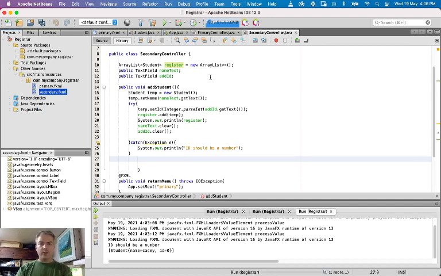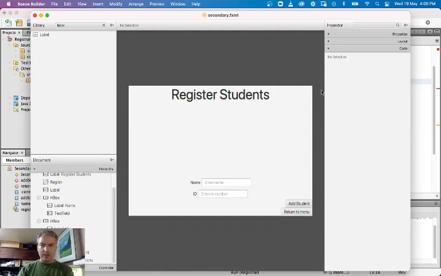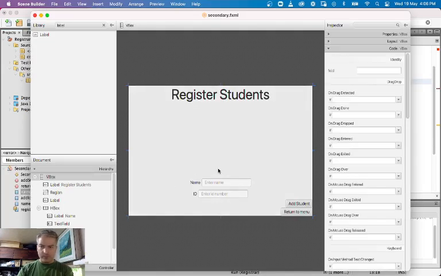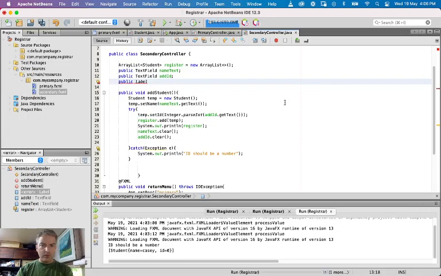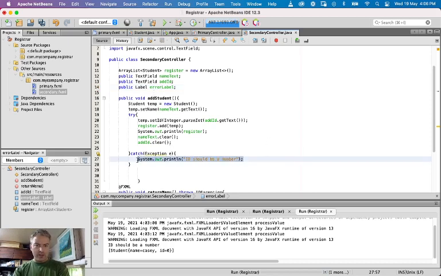So we have it in the secondary. We need to have a label in here, public Label. And what did we say the name of that thing was? We called it error label. Just to be real clear that we're getting the right thing here, errorLabel dot. And we need to import that as well. And so what I want to do here is update this. If there's an error, then I want that thing to appear. And I want error label to, let's set text to